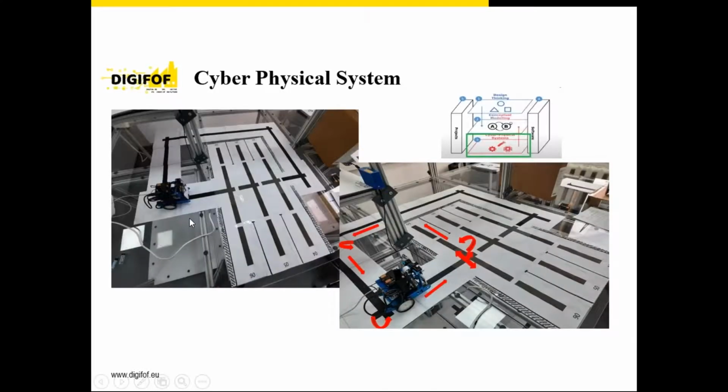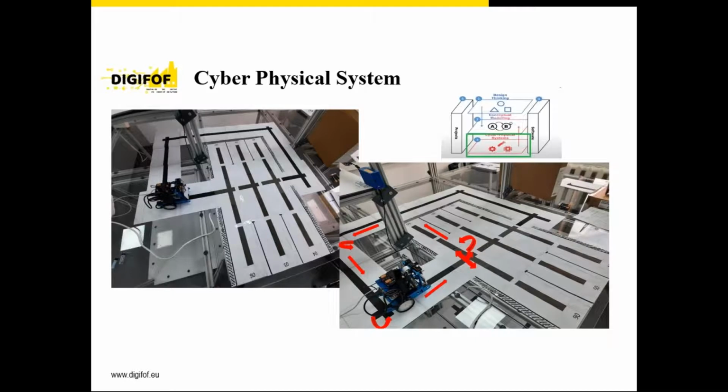Now the third level, cyber physical system. In the left image, you can see my parking real representation and the mobile robot. I chose to have 6 slots in the parking, and in the right image with red arrows, I represent the actions made by the mBot mobile robot for a simulation of parking in the first place. It will start with the first straight arrow from the left side, then we'll make a left rotation, again straight, again a left rotation, and then straight.